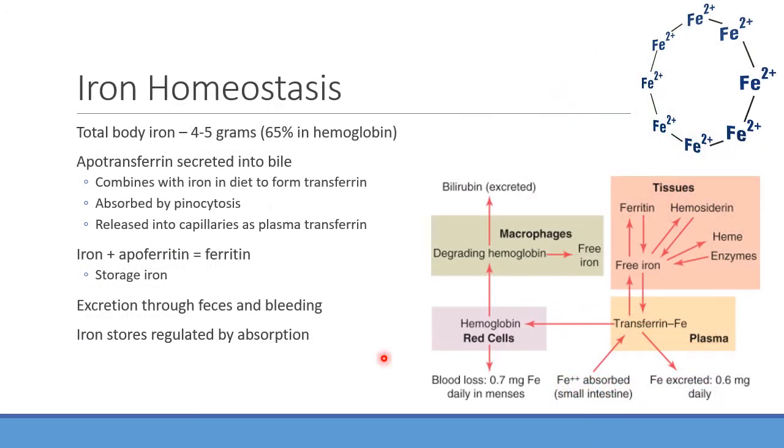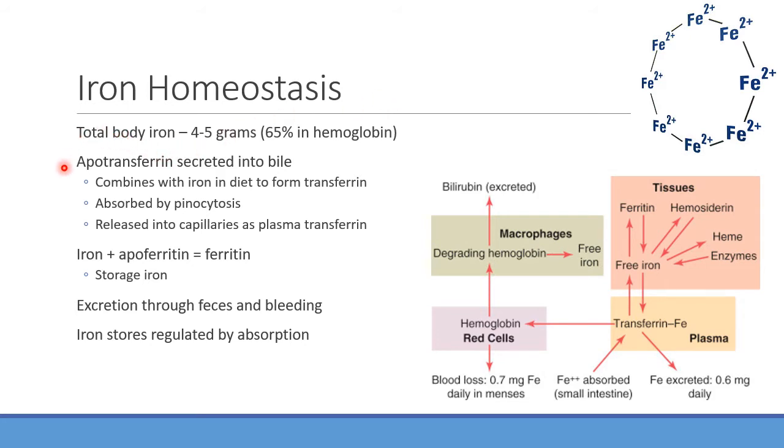Okay, so again, looking at total body iron levels: 4 to 5 grams or so, about 65% of that should be found in the hemoglobin. Does anyone know the name for this molecule? It's actually a Ferris wheel. Nah. Anyway,